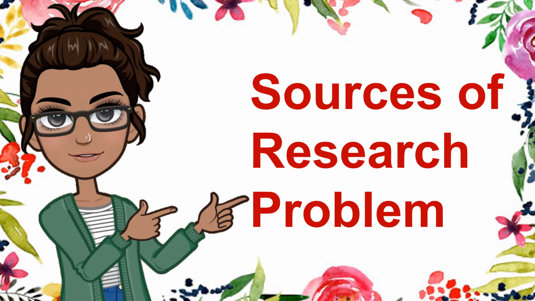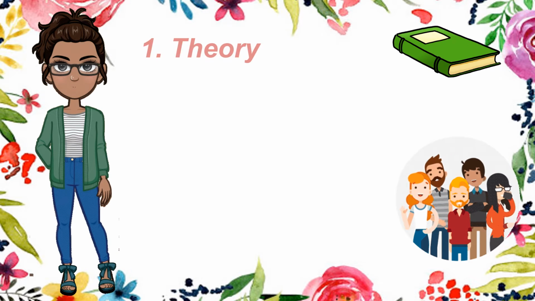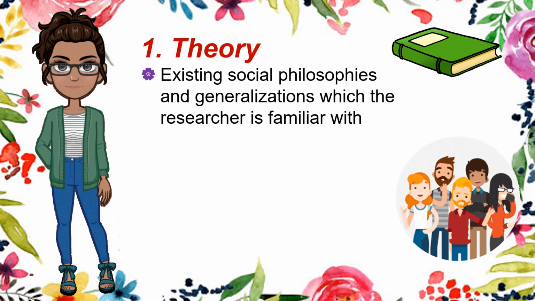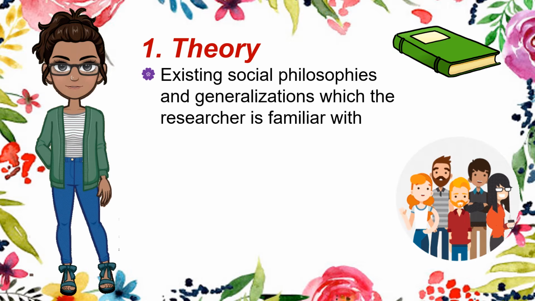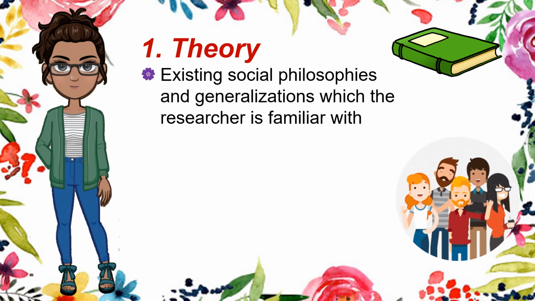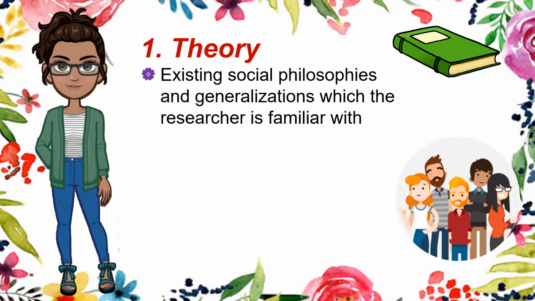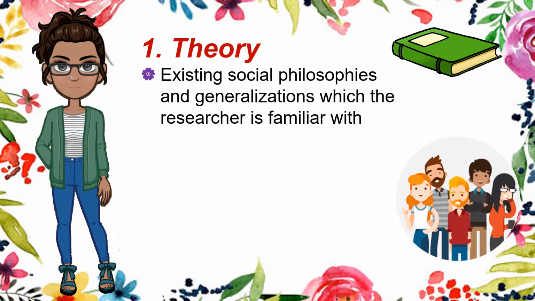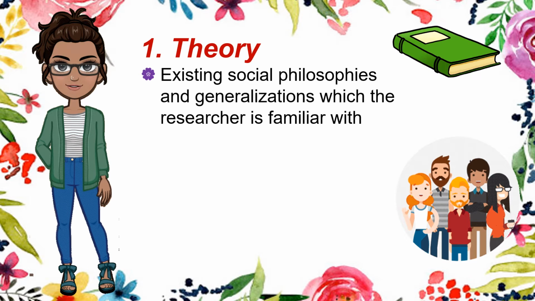As cited from Sacred Heart University Library 2020, 4 varied sources can be considered. These are as follows. 1. Theory. Existing social philosophies and generalizations which the researcher is familiar with may be of a great help to design a research problem. The researcher may observe if there is a gap between theory and practice. Difference between what is said by the elders and what the youngsters see and observe may be a potential source